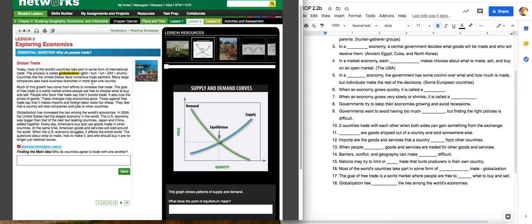The challenge with that, guys, is some countries don't pay workers what we do. So in America, we have an hourly wage. We have a minimum wage. We also have labor laws, which says little kids can't work. Well, not every country has that, guys. And so other countries say it's okay for people to work for, let's say, $2 an hour. We would never do that in America, but other countries do that. And so if you're only paying your workers $2 an hour, guess what? You can make stuff really cheap, can't you?